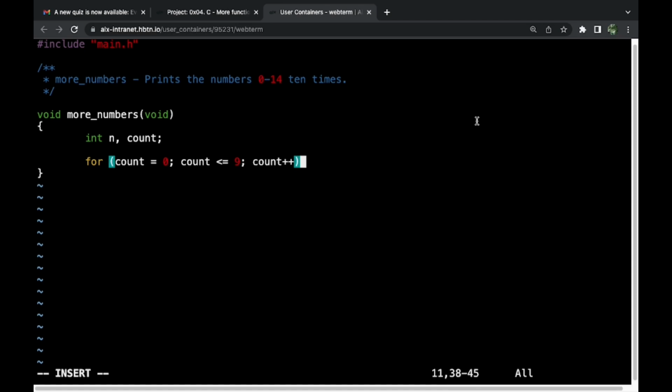Remember I said this function is actually asking you to print numbers from 0 up to 14, but do this 10 times. We're considering the indices of these numbers. It's always going to start with the index 0, so the 10th index is 9. So while it's counting from the index 0 to 9,